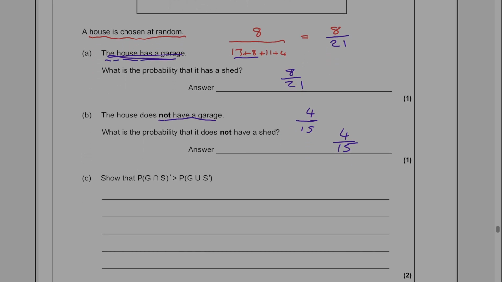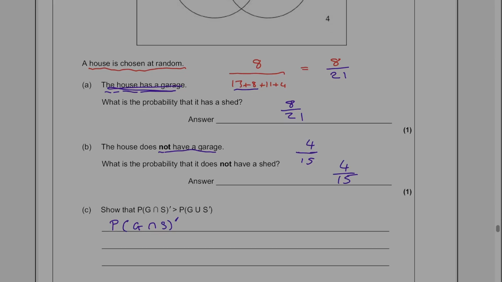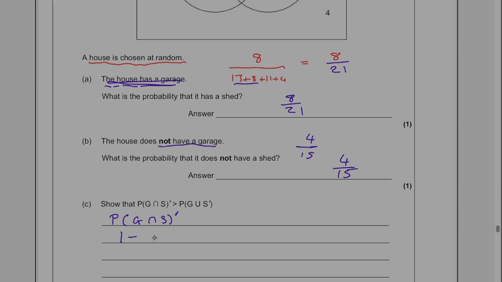Right, part C, show that the probability of G intersect S complemented, so that's the probability that it's not in the intersection, is greater than the probability of G union S complement. So I'm going to start with P(G intersect S) complement. I'm going to work out the probability that it is in the intersection first of all. So that's going to actually be 1 minus 8 out of the total number,